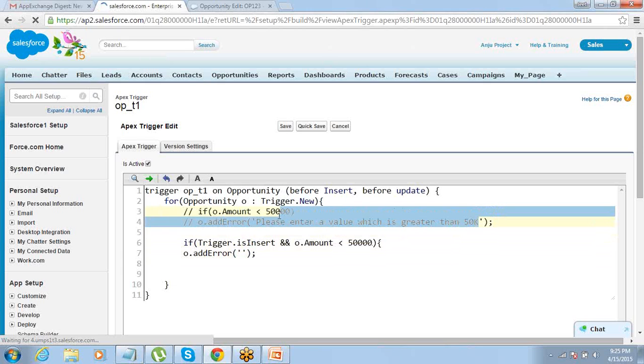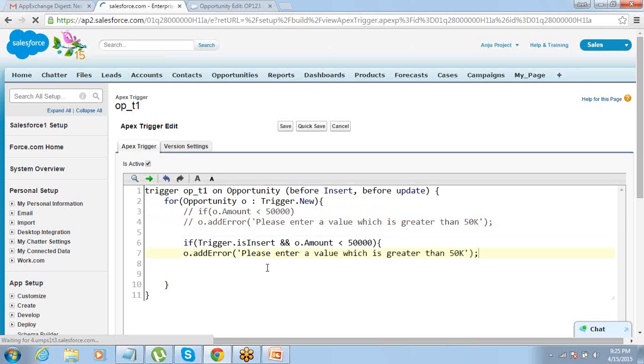This is my error, I'll copy the error. Else if Trigger.isUpdate and o.amount is less than 40,000,